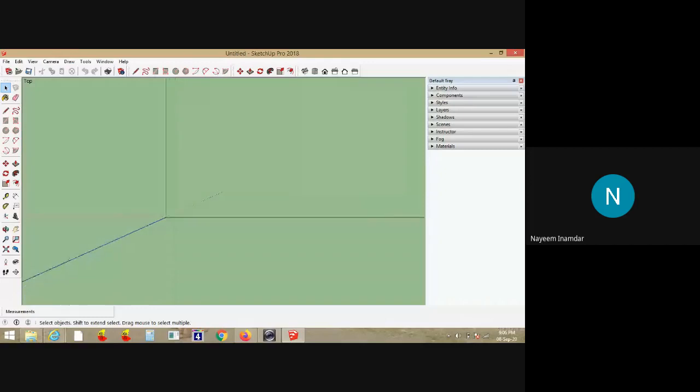You will be making plans in 2 dimensions. I will explain the tools along with the requisite of the civil engineers, like building planning. I'll take one room building here. Directly I'll come to how to make 3D of a building, because once you complete any one building, you will be using all the tools, and you will be acquainted with the different tools. They produce different kinds of effects.